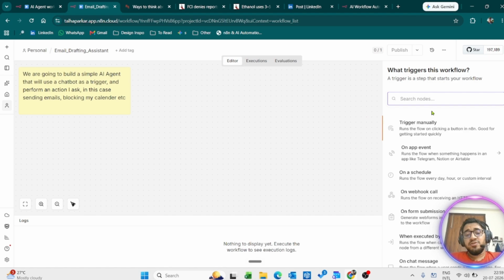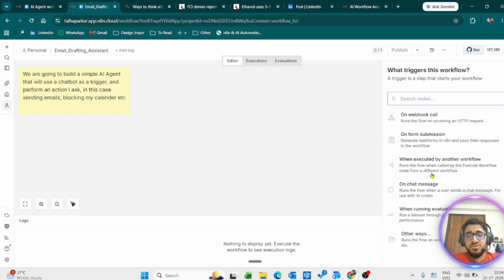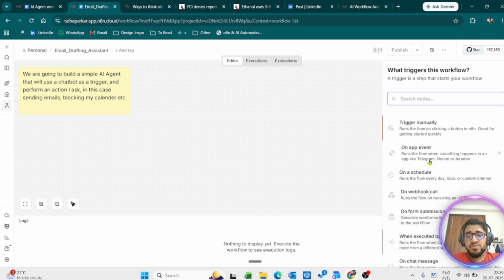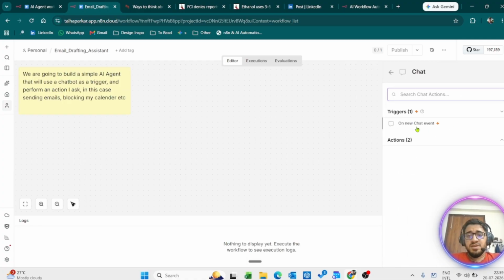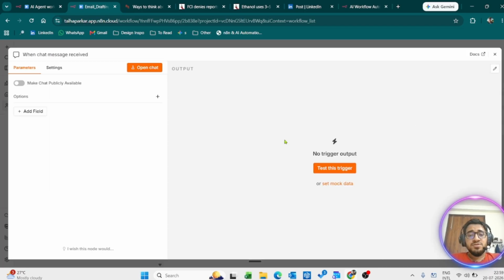Now, I said I want the chat to be a trigger, so I don't want a manual trigger. I don't want it to run on a schedule. So you can see there are different things that are available to you. I'm going to just say chat right now without going into other details. And it says chat here. I will say on a new chat event. That is what my trigger should be. So every time you open a node,